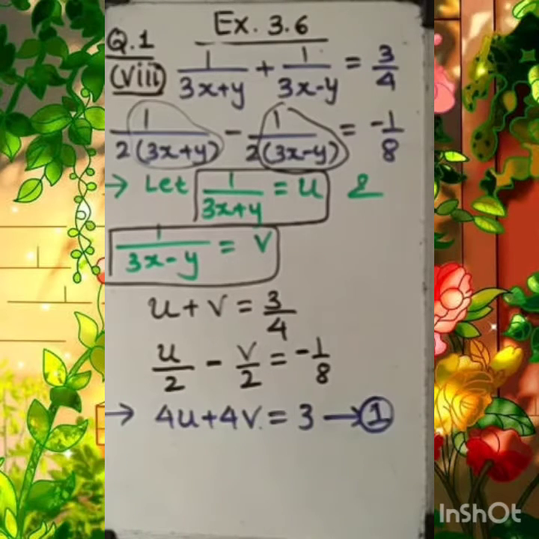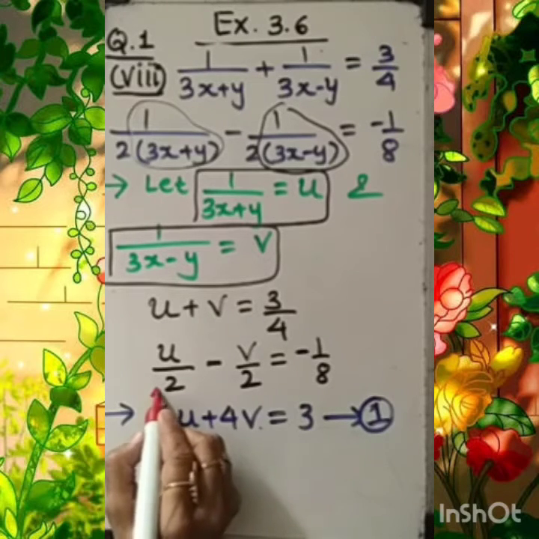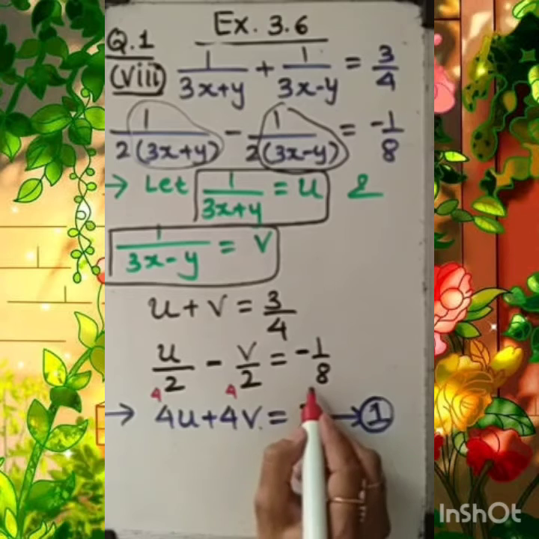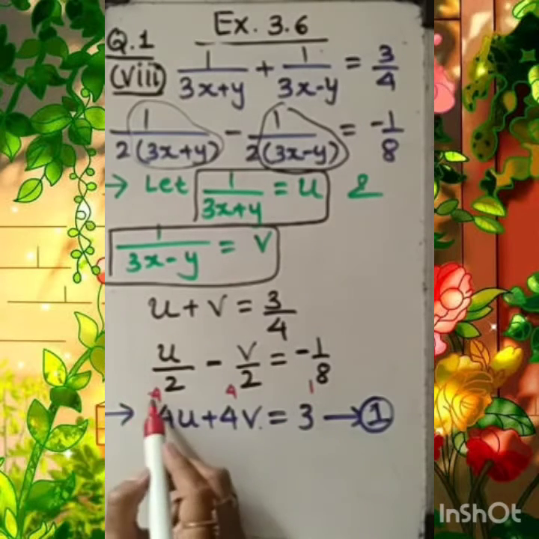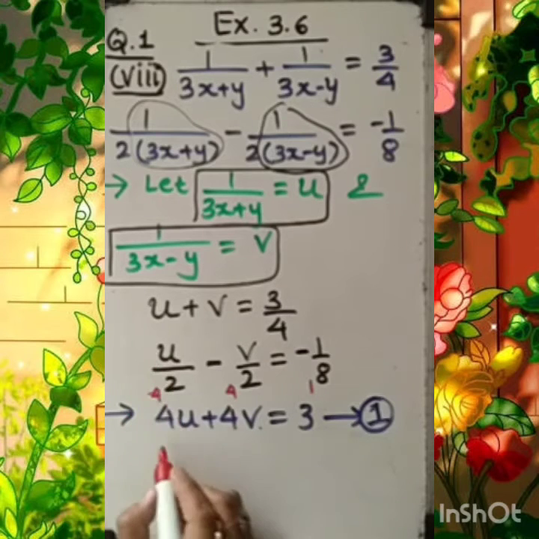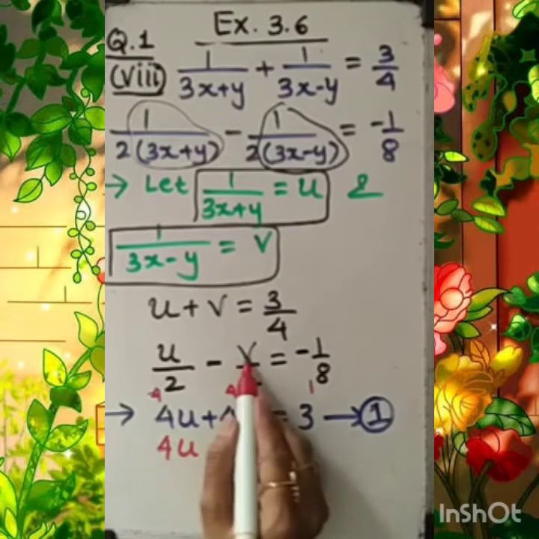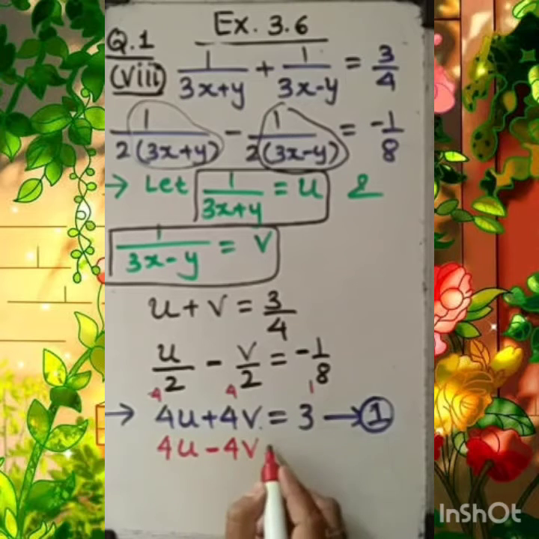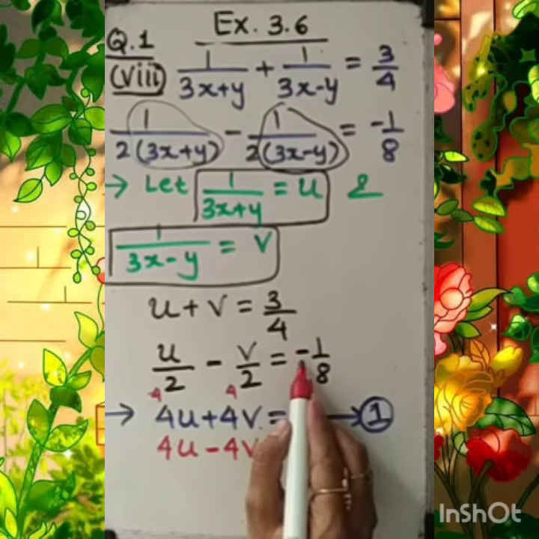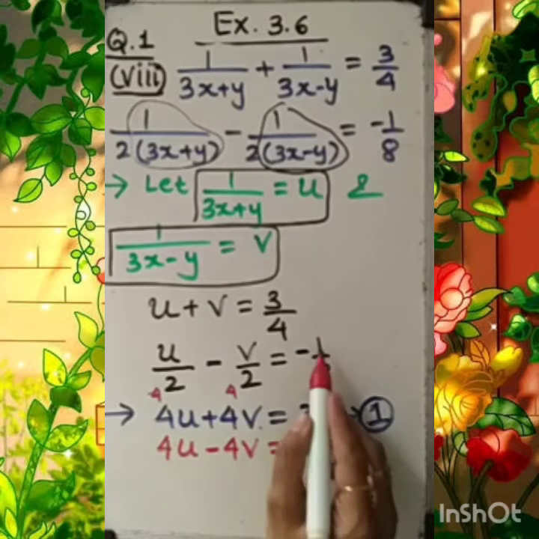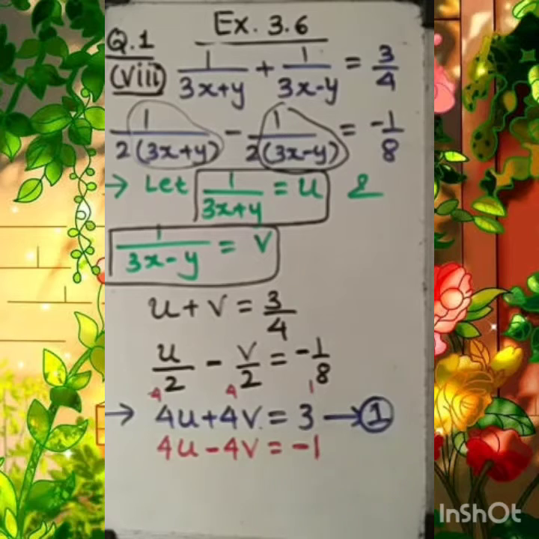Now similarly, for the second equation, just observe the LCM of 2, 2 and 8. Of course, the LCM of 2 and 8 is 8. So 2 into 4 is 8, 2 into 4 is 8, and 8 into 1 is 8. With the same number, we are going to multiply the numerator: 4 into u, 4u, 4 into v, minus 4v, and 1 into 1, that is 1. But along with the minus sign, be careful about the minus sign. Minus is there, 1 into 1 is 1. Don't miss this minus sign. Let me call this equation number 2.